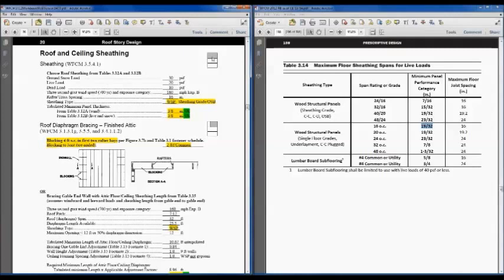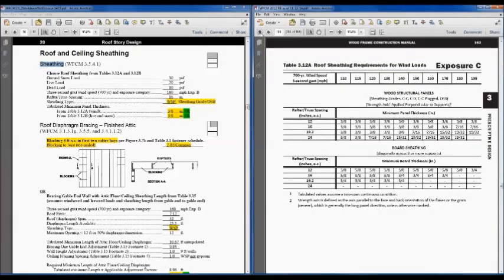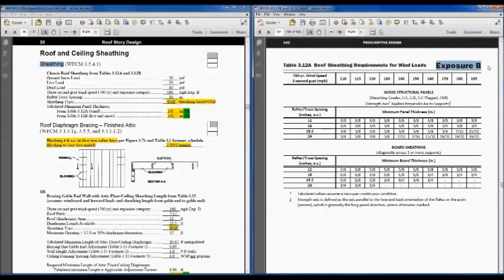Roof and ceiling sheathing. We're still in the roof system, and so we're looking at ground snow loads, live loads, dead loads for our roof and ceiling sheathing. So we've already designed our rafters, but in tables 3.12A and B in the wood frame construction manual, let's get there real quick and make sure again you're in the correct exposure category. You can see that for the wind loads, 160 mile per hour, and for different rafter and truss spacings for wood structural panel sheathing grades at 16 inches on center. Over here under 160 you could use 3/8 inch wood structural panels, and that works for wind,